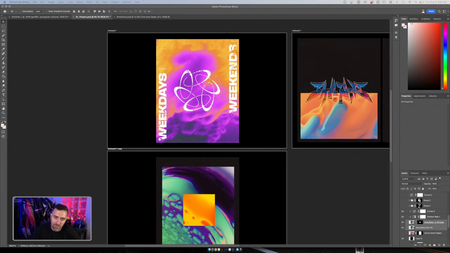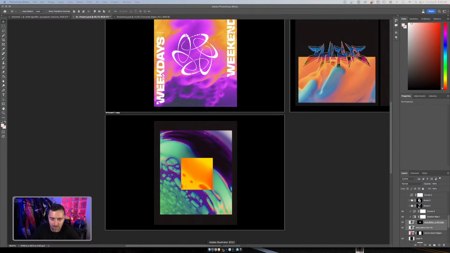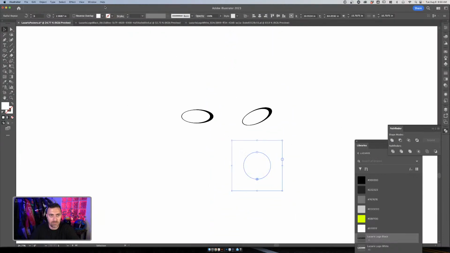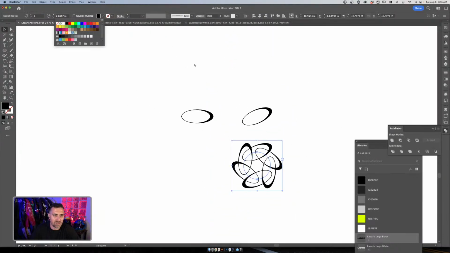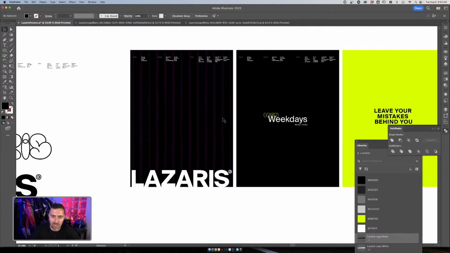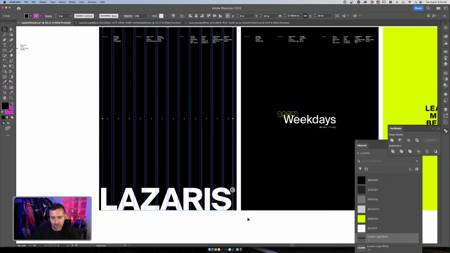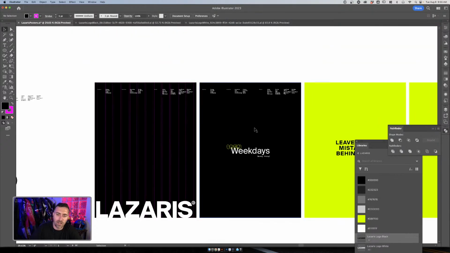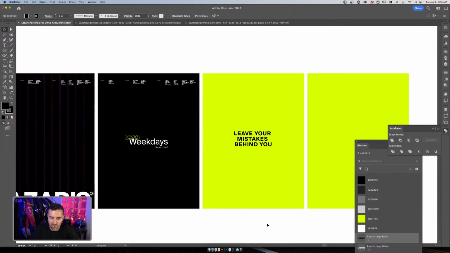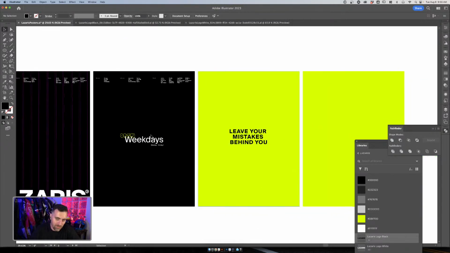What we ended up doing today, we made 2 posters really quick in Photoshop. We ended up making a bunch of different radial design elements really quickly with the radial repeat tool. We made some type, showed you how to make your own grid within Illustrator. Just having fun with some of these poster ideas. Some of them are still pretty loose and rough. A lot of these need to come together after printing them and everything. But yeah, overall, super fun stream. I hope you all had a great time.